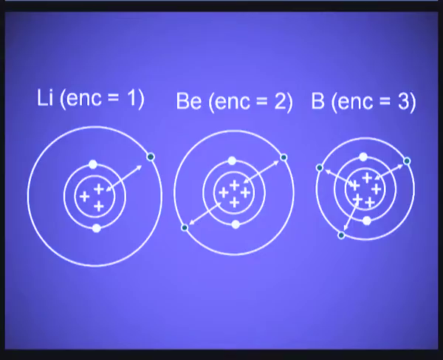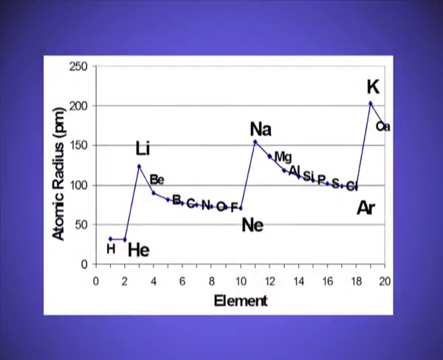Lithium is on the left hand side of the period while boron is on the right hand side of the period. Now it is the graphical representation. From the graph also it is very clear that in a period the atomic radii decreases from left to right. You can see there is a clear decrease in the atomic radii from lithium to beryllium, boron, carbon, nitrogen, oxygen and fluorine. Then there is a slight increase in the size of neon.